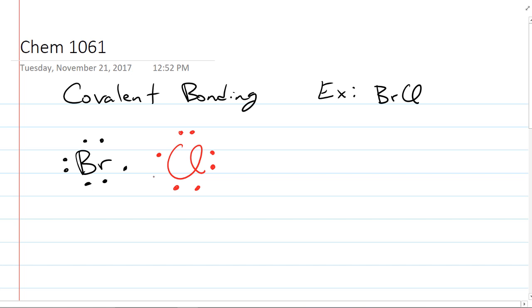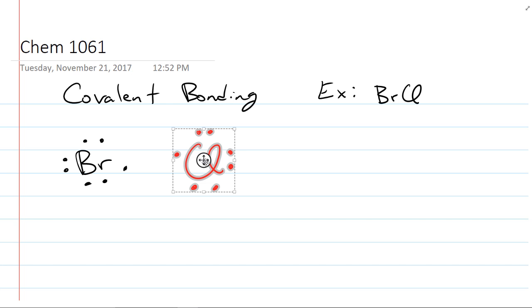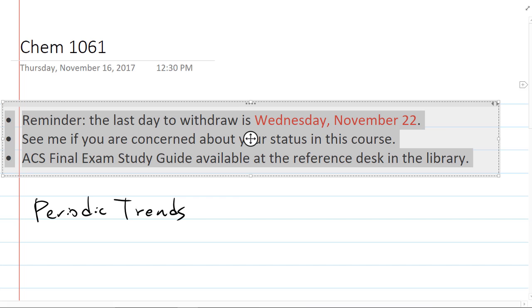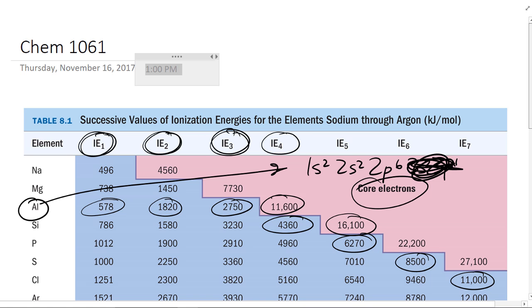Then if we want to write out the Lewis diagram for what happens when they form, we can just go ahead and take the chlorine, slide it on over here. And part of the reason why we'd do that is because if we look at the energetics involved with transferring electrons, you might remember as we went back, I don't know if it was last class, here it is,